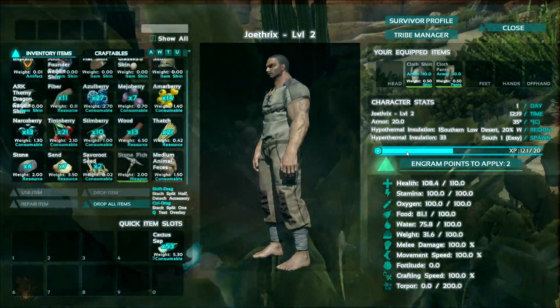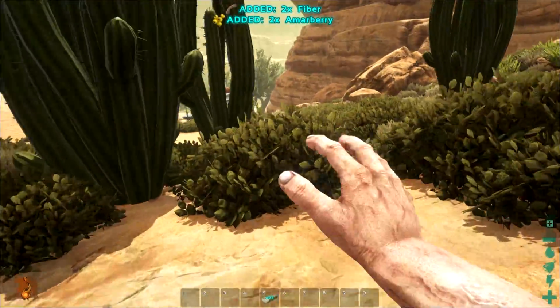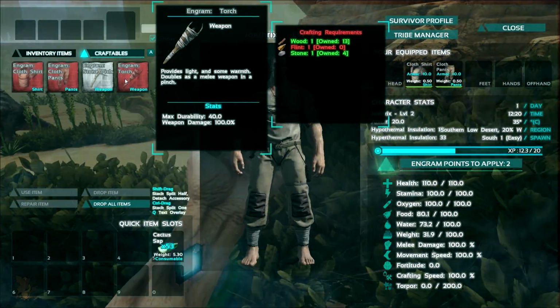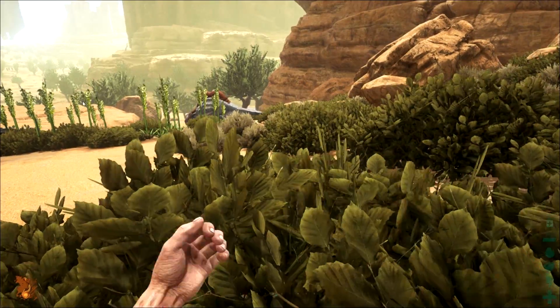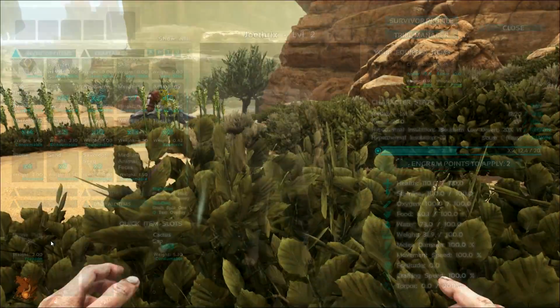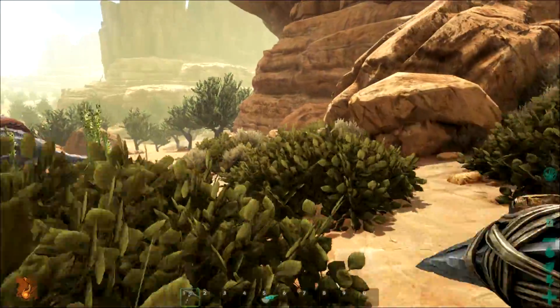There we are. Okay, that should help out a little bit. So, honestly, not much else for me to do. I do kind of want a torch, so I need some flint, and that means I should be equipping my pickaxe. We just need to level up a little bit so we can get access to...